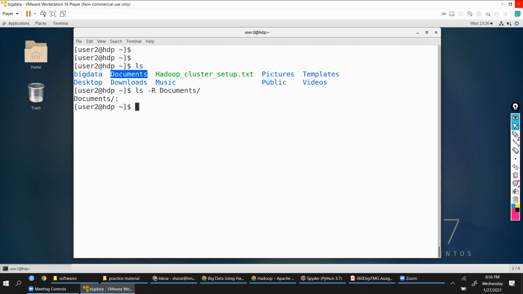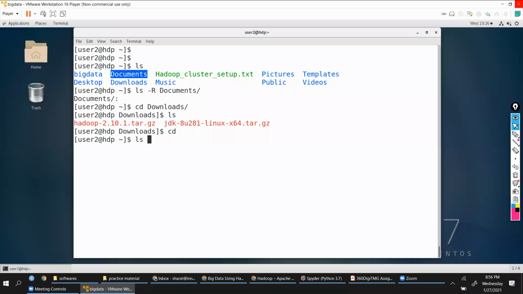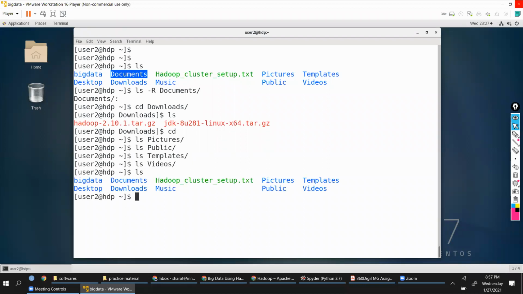There's nothing, strange. One second, let me see here. There's nothing. Okay, fine. So what I will do is, I'll say ls -R